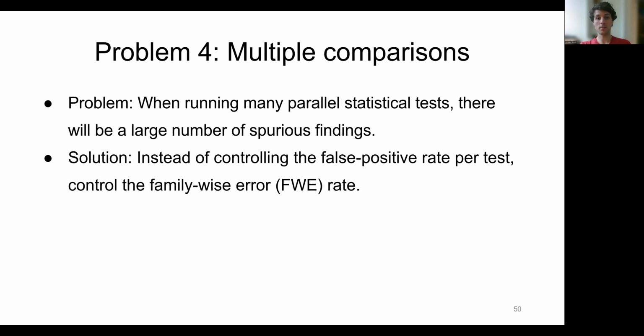Okay, next problem, multiple comparisons. When you're running many statistical tests in parallel, as we do, because we are separately estimating and testing for each voxel, as I already said, there will be a large number of spurious findings simply due to the sheer number of tests that you are performing. So the solution taken would be that instead of controlling the false positive rate per each test, we will control the family-wise error rate across all the